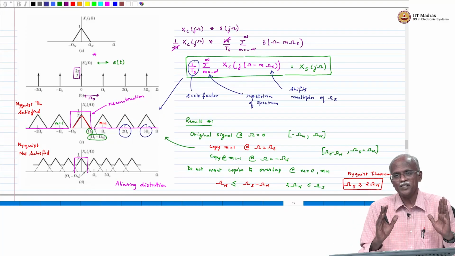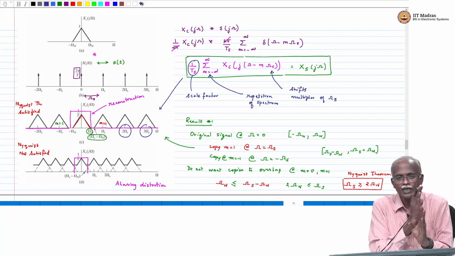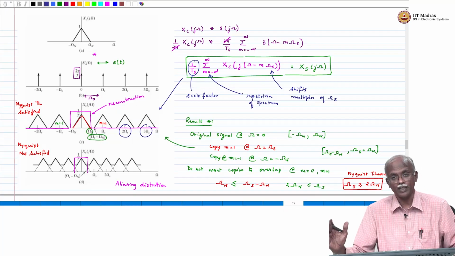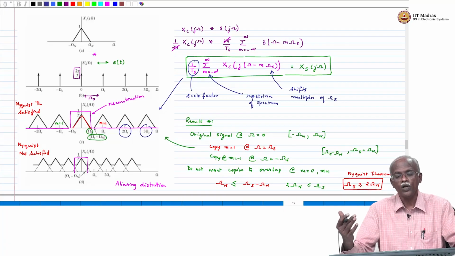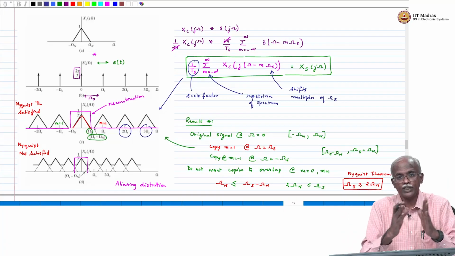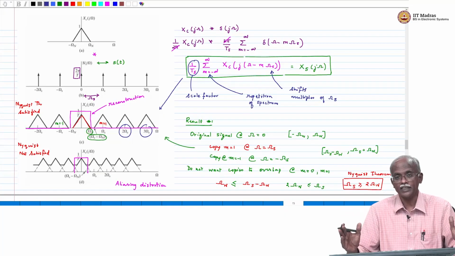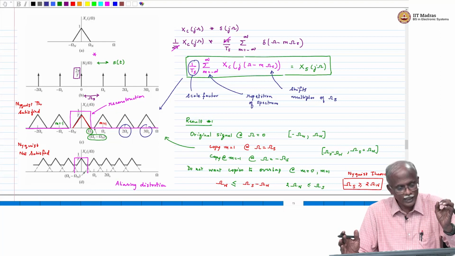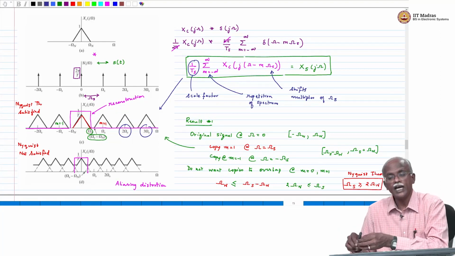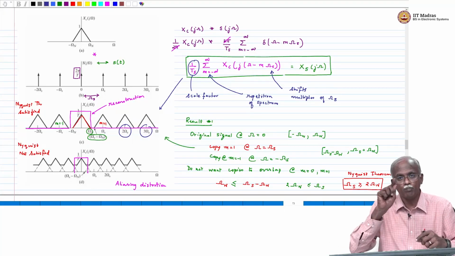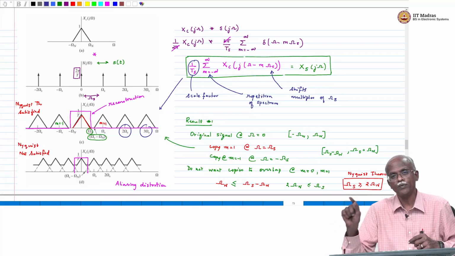So, today's class we have been able to go from continuous time to discrete time. We have at least in principle showed what are the requirements for us to satisfy the Nyquist criterion, and we have looked at several examples where we have taken a signal, looked at its Fourier transform and said what is the highest frequency component, and based on that we have specified what is the Nyquist